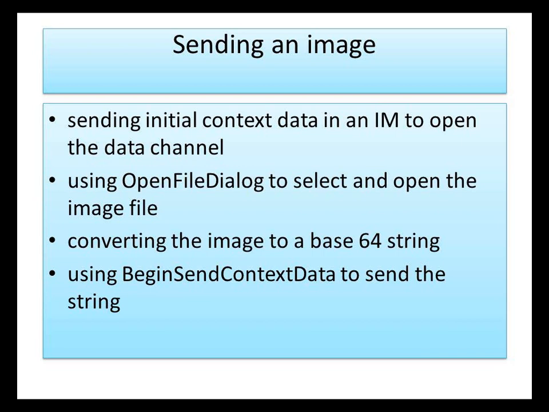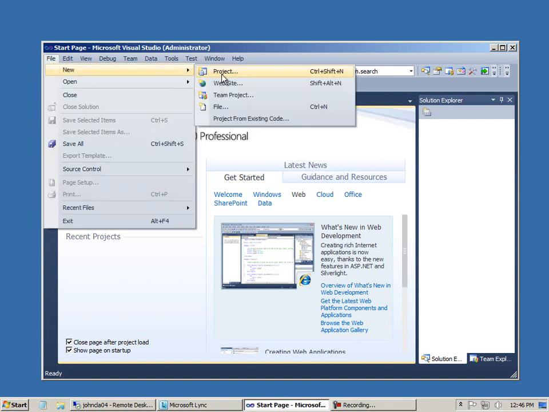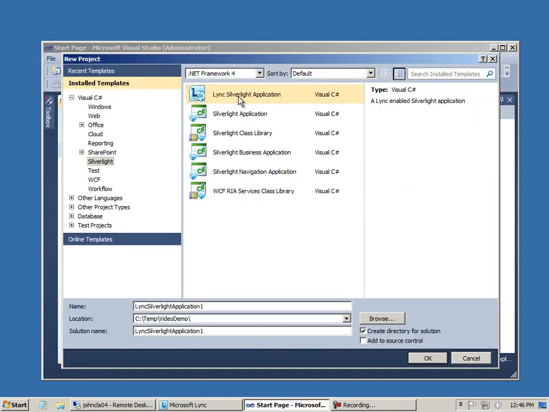I'm going to use the begin send context data method to send the string, and that method gives us a capacity of 64K, which is certainly helpful when you're sending images. So let's go ahead and get started. I'm going to create a new application project using the Lync Silverlight application template,